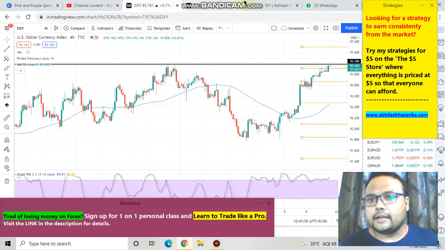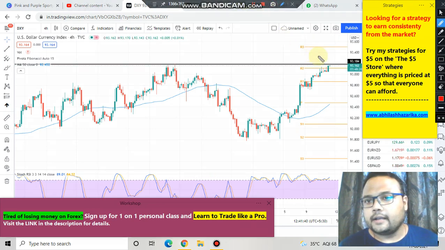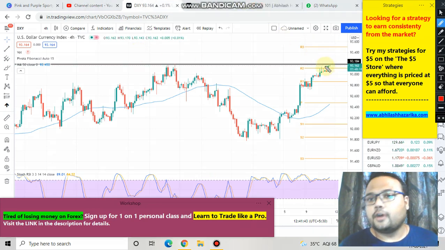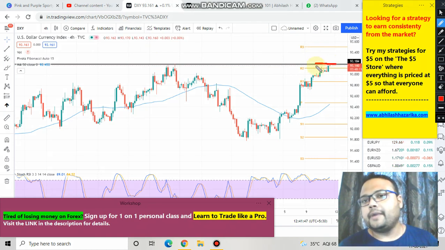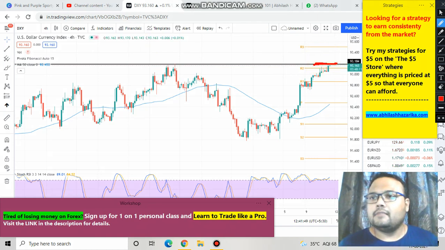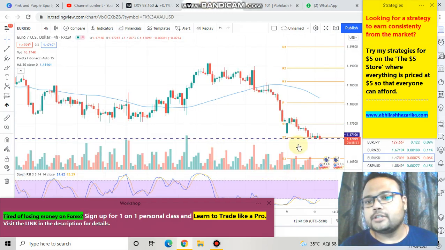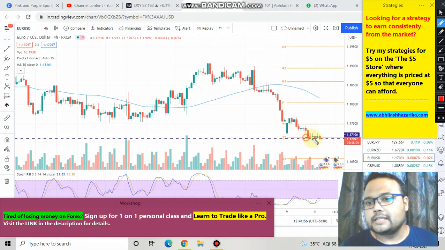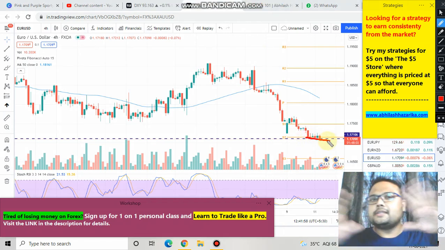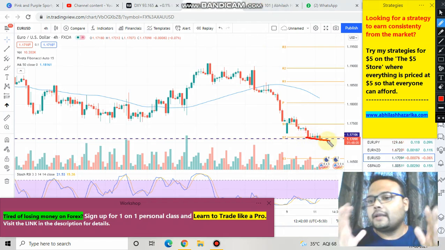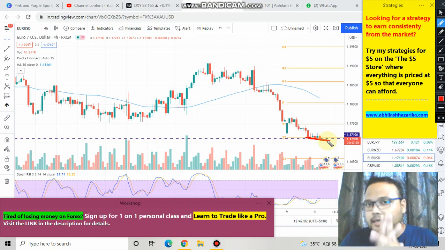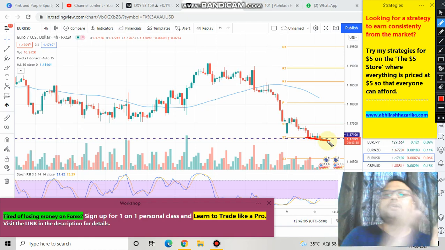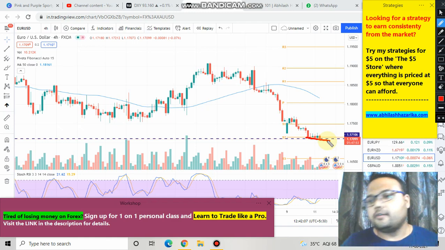Or, on the other hand, if the dollar crosses this resistance, or if the dollar gets very bullish and breaks this resistance, then you will see good selling pressure on the chart of Euro USD. Then USD will be crossing this level. So things are quite interrelated and quite critical also. You must keep your eyes on the chart of Euro USD plus the dollar index as well for confirmation.